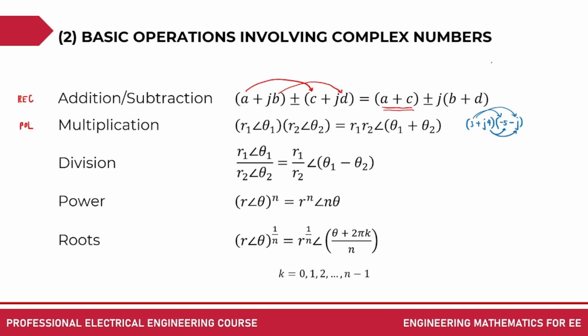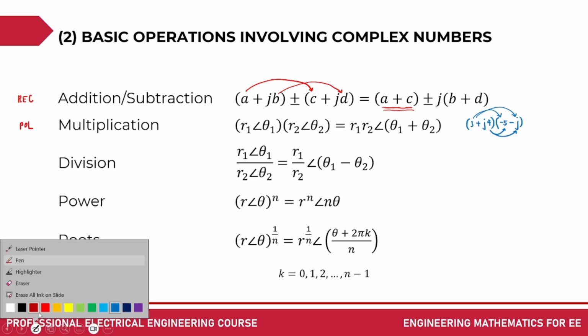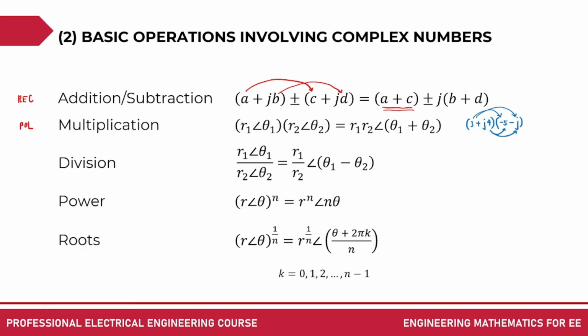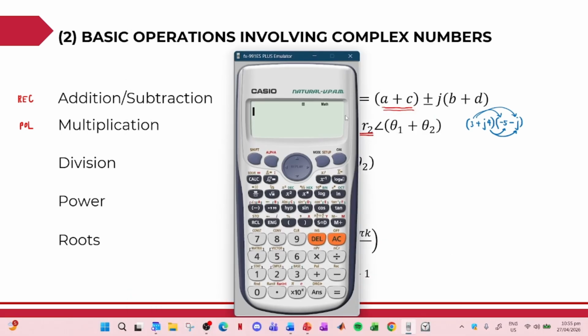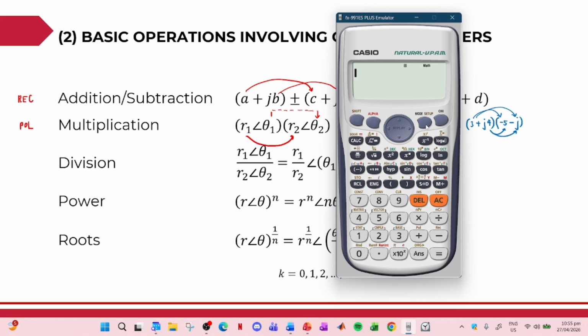But it's more convenient to multiply complex numbers in polar form, because you simply have to multiply the magnitudes and add the angles, so theta 1 plus theta 2. I just want you to see it like this. In the first topic I did not show this because I wanted you to understand the foundation or the basic concept.